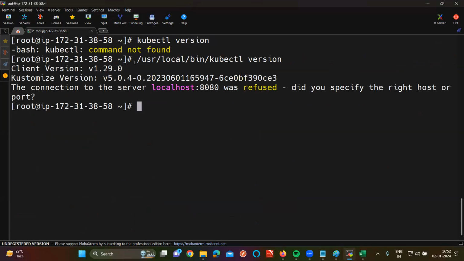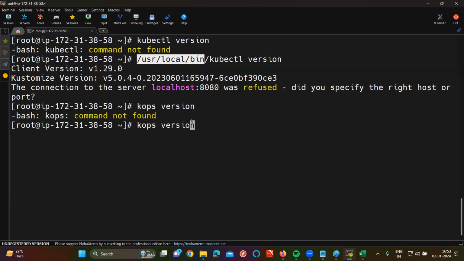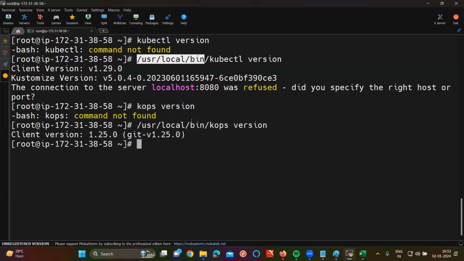So I need to tell my server, whenever I execute the kubectl command, take the kubectl from the user local bin path. Of course, Kops also I installed. If I give the command kops version, it's not going to work. Why? Because what is the path of the Kops? User local bin. Is it working now? So we need to mention to the server, whenever I execute the Kops and kubectl command, if you don't find the command locally, go to user local bin. Okay. So I need to mention that to my server. How to mention means